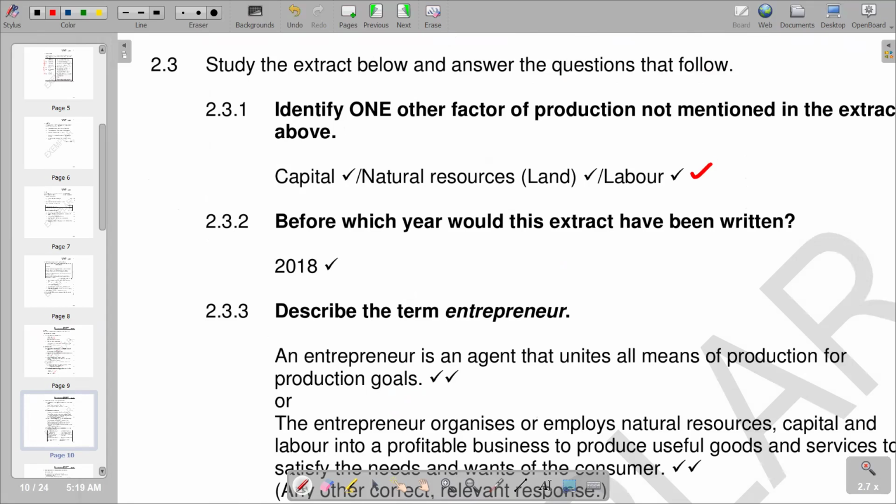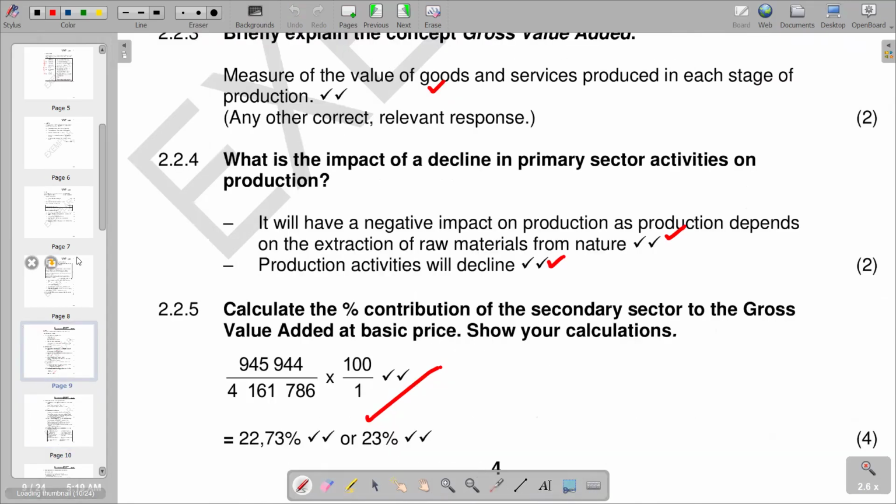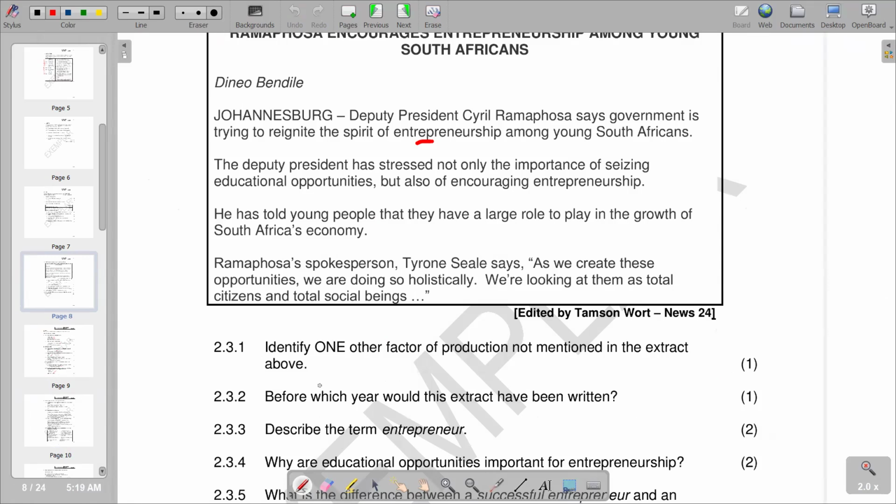So any of these responses can also be correct. So moving on to the next part of our question, which reads, before which year would this extract have been